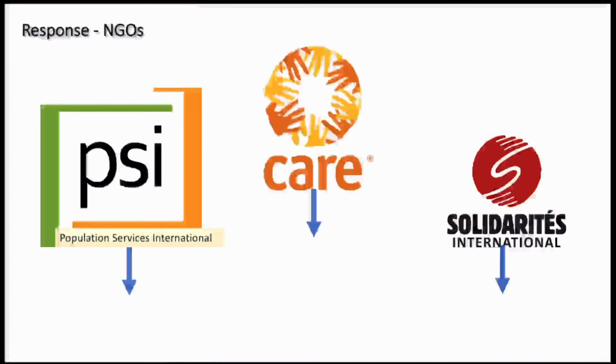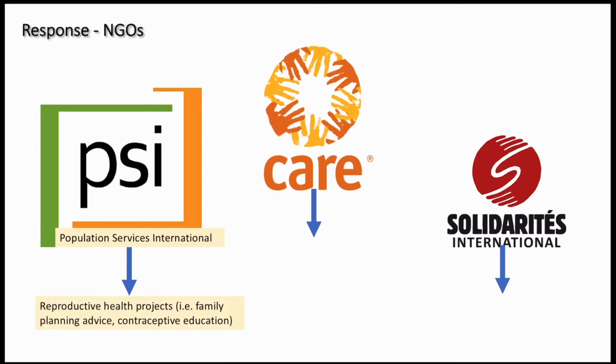Population Services International were one group that offered their support. They were there to do health projects, largely to do with reproduction, so trying to lower the birth rate by giving family planning advice and contraceptive education to add a bit more stability in that area. CARE were a group that were in South Sudan, but also here in Mali, and